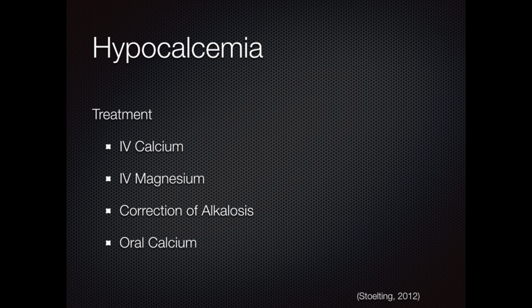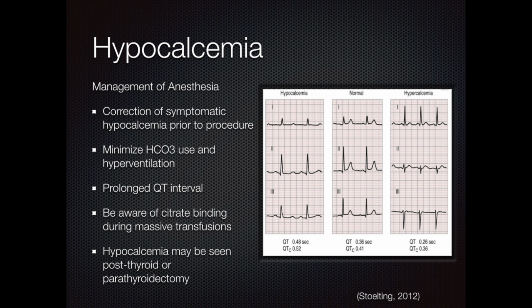Hypocalcemia in the presence of acidosis requires that the hypocalcemia be treated prior to correcting the acidosis. Treating the acidosis first would only worsen the hypocalcemia. Asymptomatic hypocalcemia can be treated with oral administration of calcium. Symptomatic hypocalcemia should be corrected prior to the surgical procedure, and normal calcium levels should be maintained throughout the perioperative